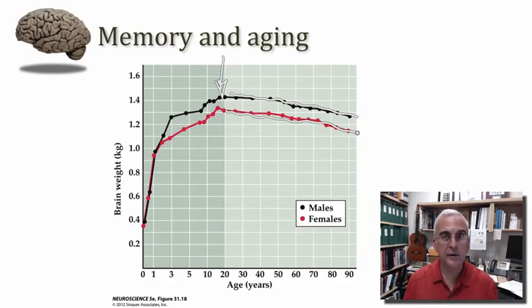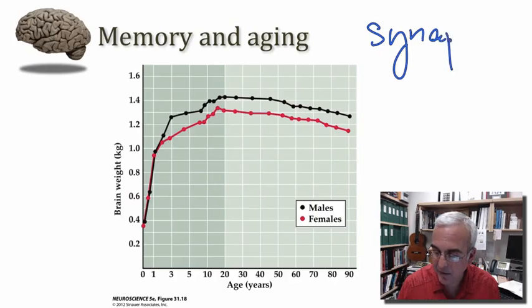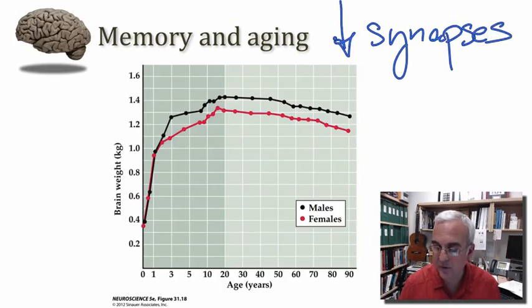Well, we know from studies in animal model systems that there are at least a few cellular components of the brain that are likely responsible for this slow, gradual decline in overall brain size. So what's actually responsible for this gradual decline in the size of our brains throughout our adult years? Well, based on non-human studies, we think that one cellular element that is responsible for this decline is a reduction in the numbers of synapses that are present in our networks.